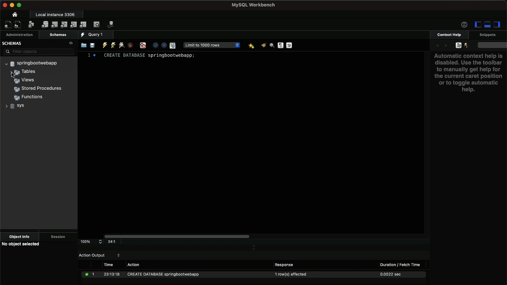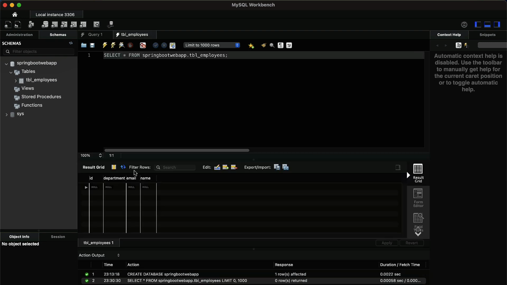And if you expand the tables, we have the TBL_employees table, and there are no records as of now. Let's go ahead and add 2 records: ID 1, department IT, email bhushan@gmail.com, name Bhushan. Similarly, let's add one more record: the ID 2,